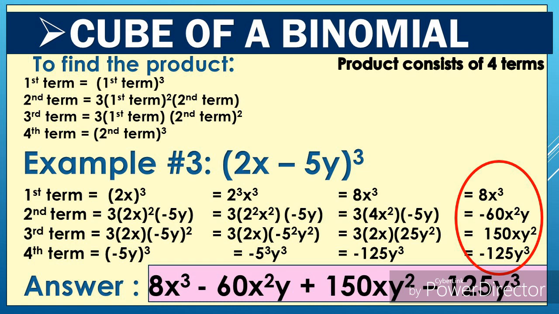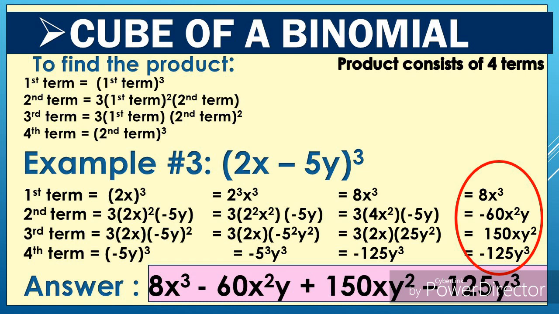So, 2 square is equal to 4. So, then we have now 3 times 4 is 12 times negative 5 is negative 60. Negative 60x squared y. And to find the third term, we have to thrice the first term and the square of the second term. So, 3 times 2x times negative 5 squared y squared. Negative 5 squared is 25. So, now we have 3 times 2x times 25y squared is equal to